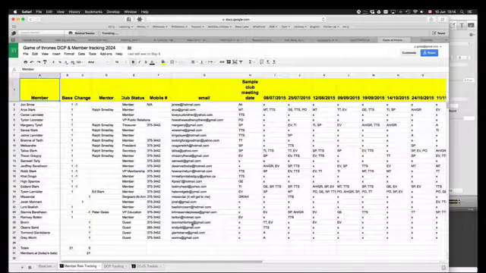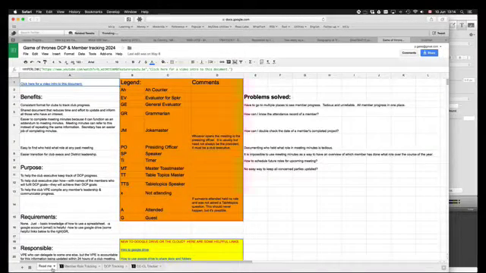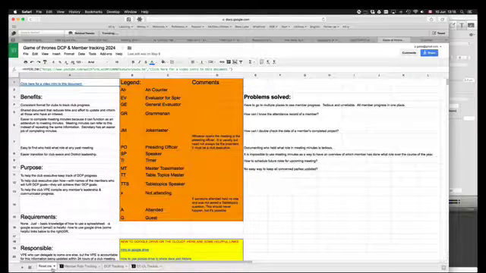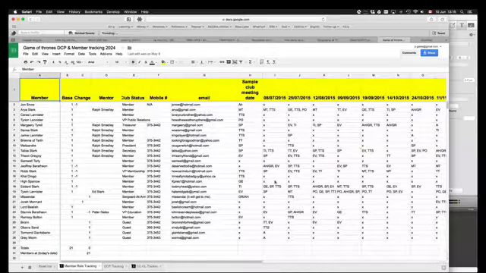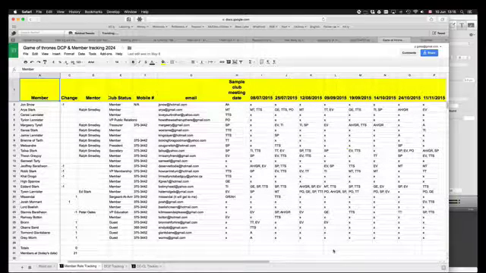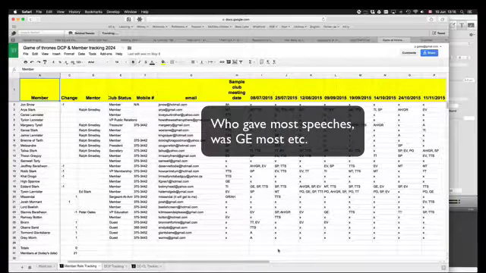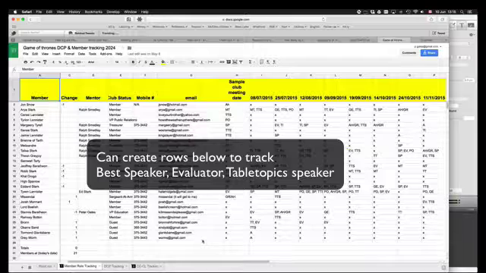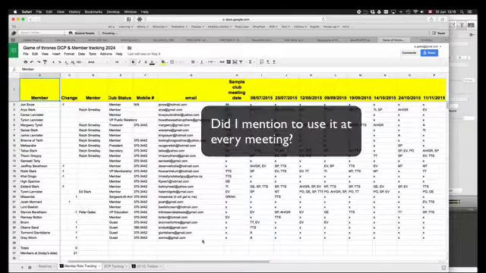What I would suggest you do is create a new document at the beginning of every term and manage it for the term, and then every time the executive changes, there is a historical document about who did what in every meeting. You can even use this to track whether members are in fact making it to meetings, and you can create tables or formulas that can allow you to have stats that can be very helpful. So again, it makes life very easy if you use this every meeting, and you can use it to keep everyone that needs to be updated